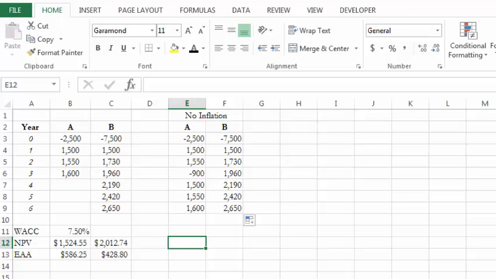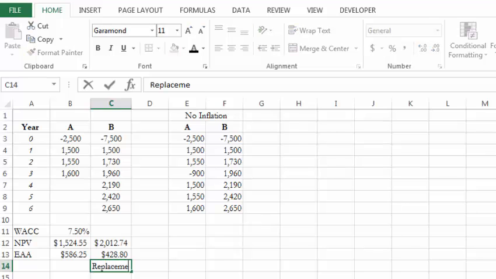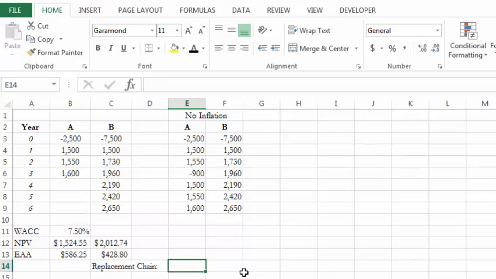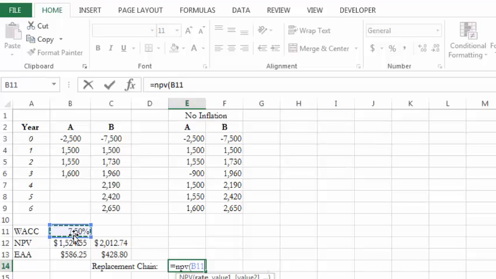At this point, we're going to do the NPV, because that's all we have to do with replacement chain. Replacement chain. So we're just replacing until we get a termination time which is consistent, which they are in this instance. So I'm going to say equals net present value, interest rate. This time I do want to hit F4, comma, and I'm going to be doing all of those